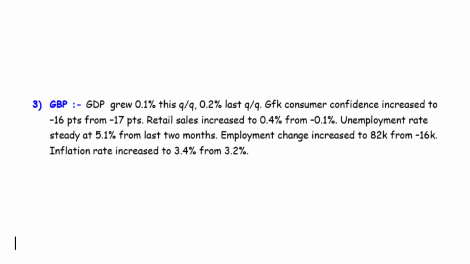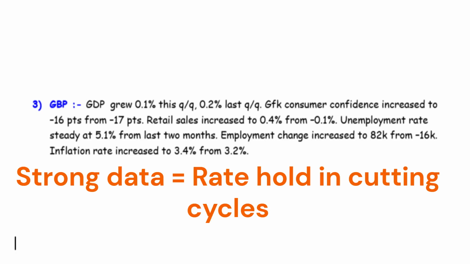Unemployment rate steady at 5.1% from last 2 months. Employment change increased to 82k from negative 16k. Inflation rate increased to 3.4% from 3.2%. Here, all the factors in UK are very strong, which means UK central bank may hold rate to ease inflation